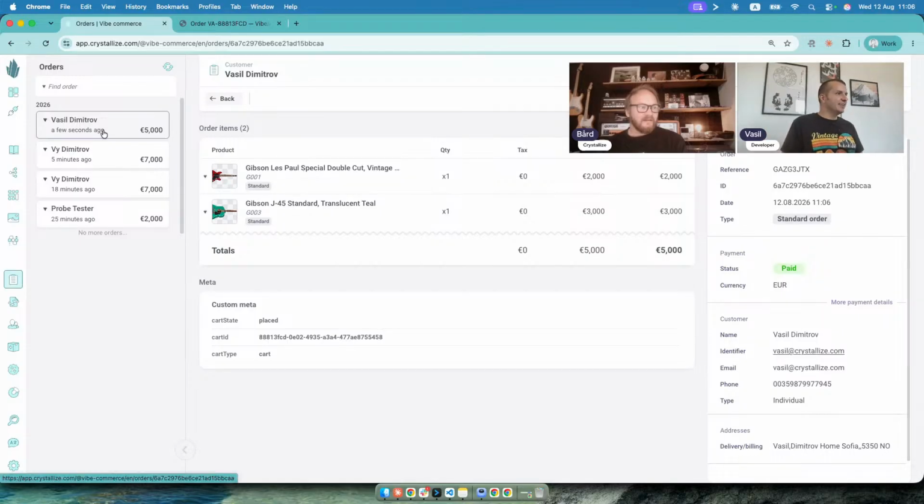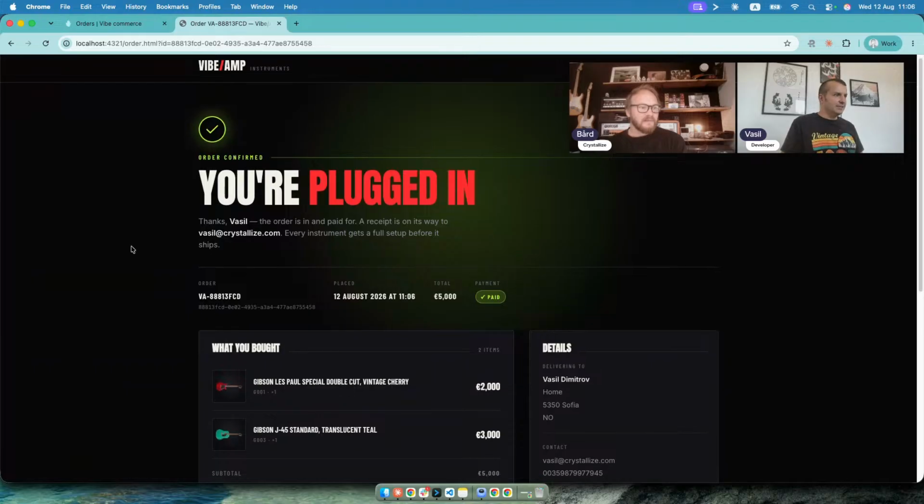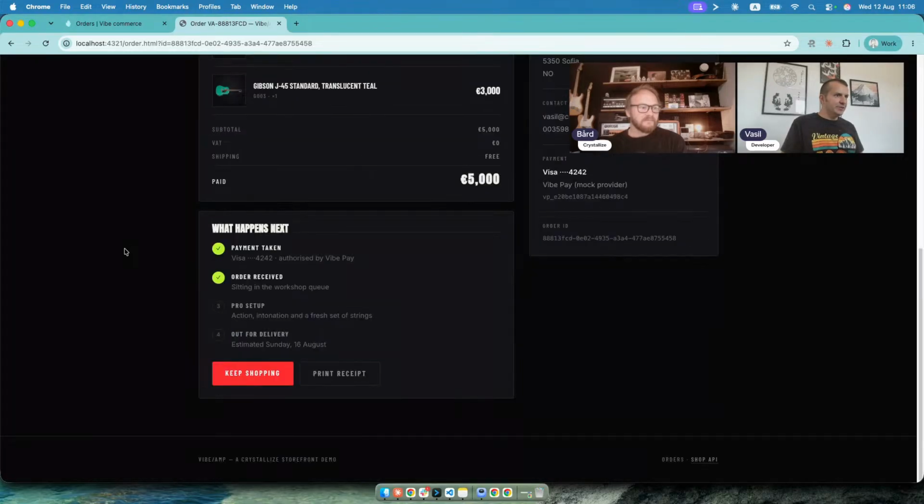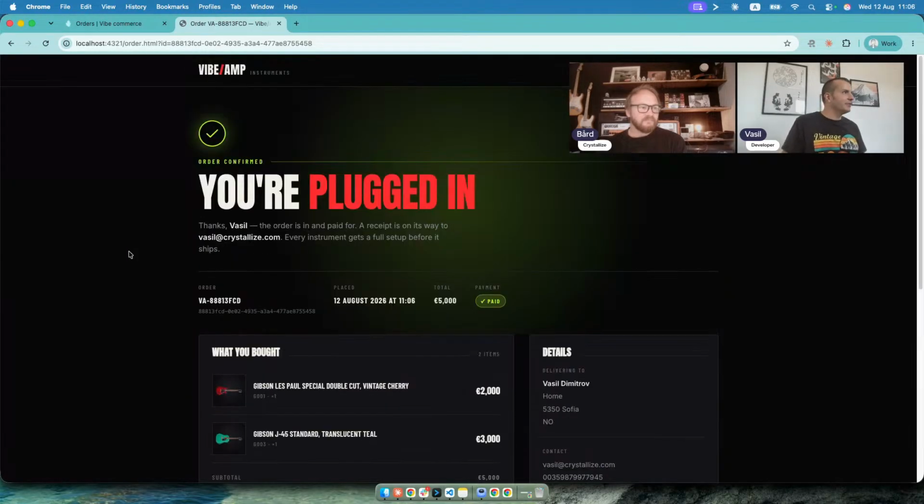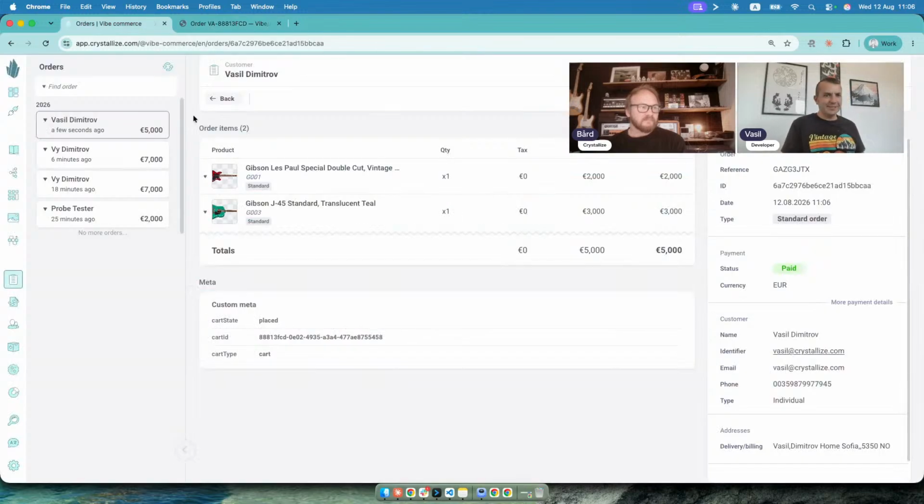I mean, the order is in Crystallize with the items I ordered. The design looks good. It used the Shop API and created the order. We saw in the checkout funnel how the Shop API progressed the cart through different states. I mean, this is a win to me. I don't know. What do you think? I think it's a win,